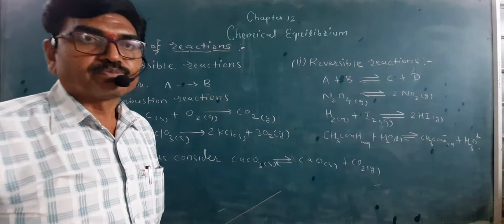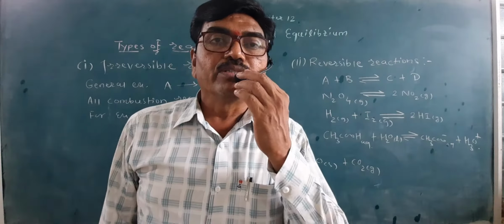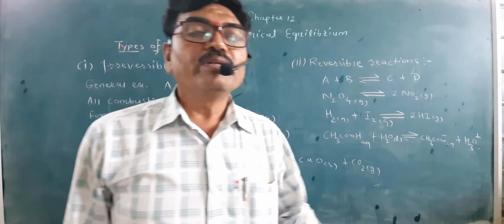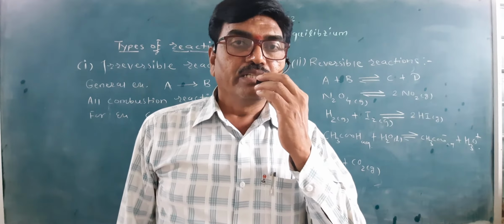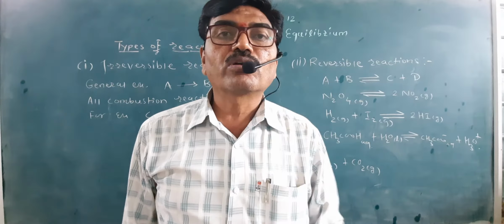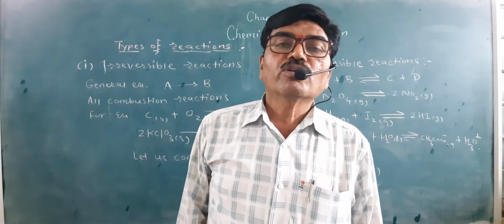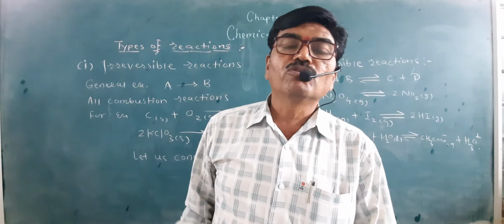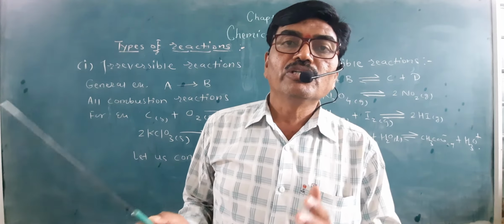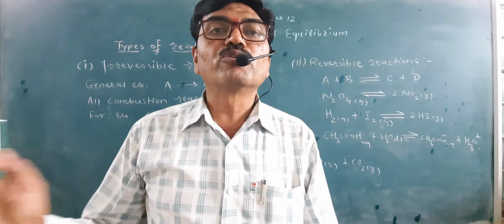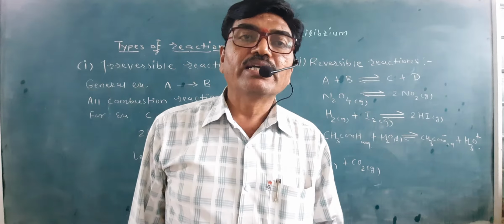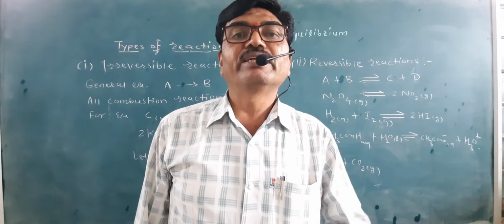In nature, many examples of irreversible reactions are observed. We see the waterfall nowadays in the rainy season. Is it right? In the case of a waterfall, the water falls from the mountain to the bottom. That is unidirectional flow of water from top to bottom. Only the forward reaction occurs. So that is an example of an irreversible reaction.